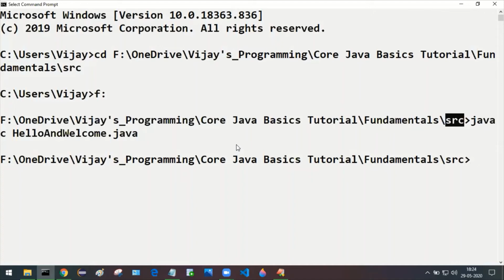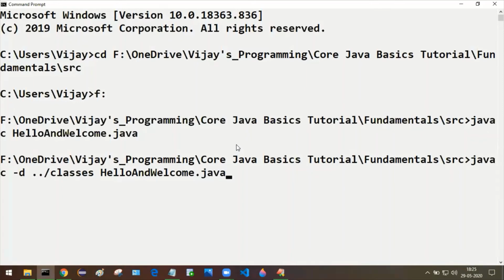So what we are doing here is javac. Okay, javac space -d space double dot forward slash classes and HelloAndWelcome.java.